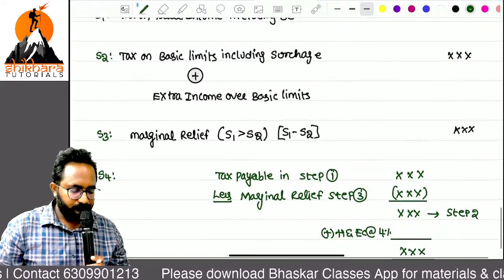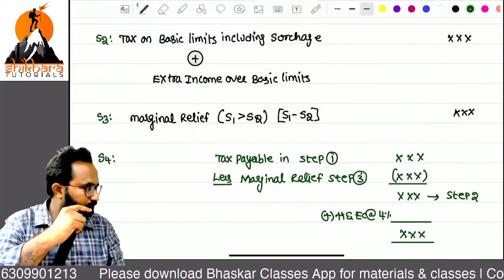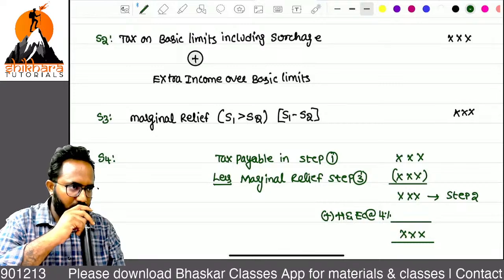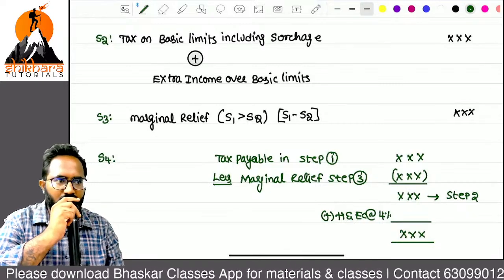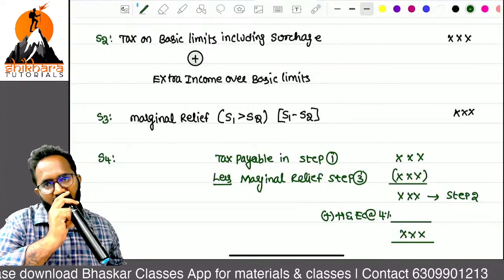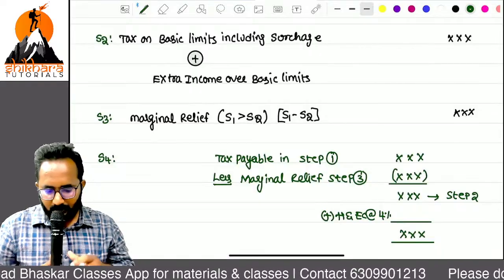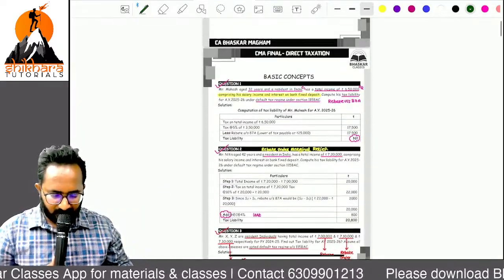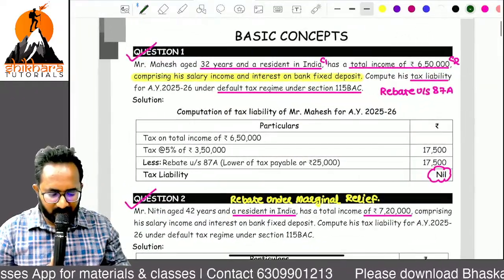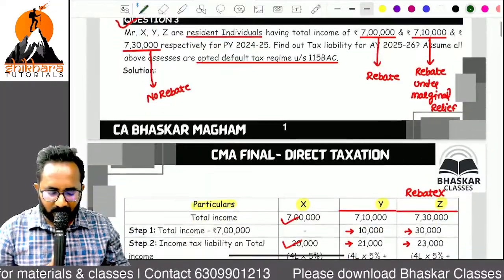Yes ma'am. Now if it is done, please open the workbook. We can do the remaining problems also. Then whatever the miscellaneous concepts are there in this first chapter, we can close it in today's session itself. If you open the workbook, I think question number 1 is a rebate related concept, question number 2 also rebate related, question number 3 also rebate related.